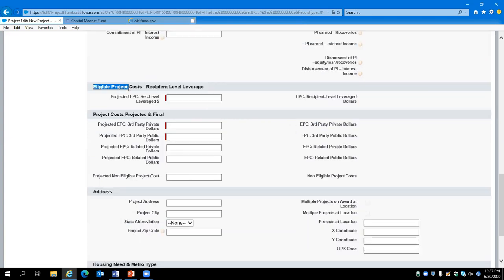Next, we're moving into eligible project cost. So for 2016, 17, and 18 recipients, recipient level leverage is a performance metric. The input is still required for 2019 recipients, although this is not a performance metric that you will be assessed